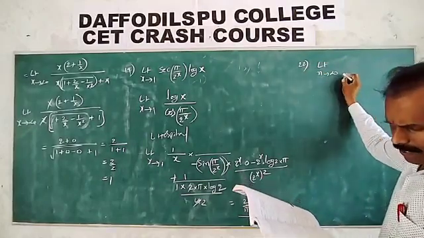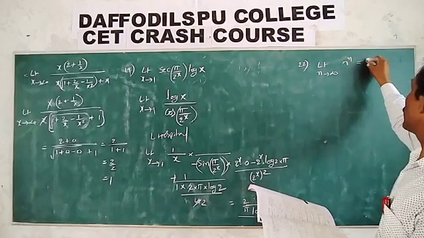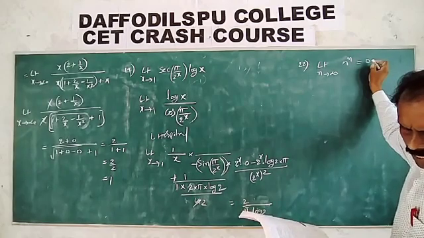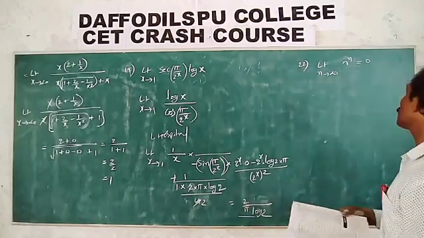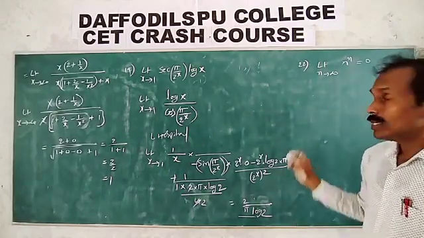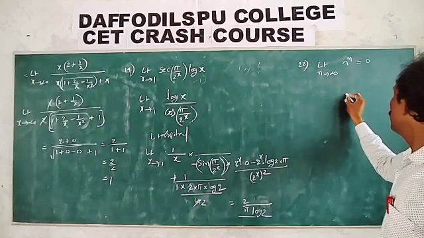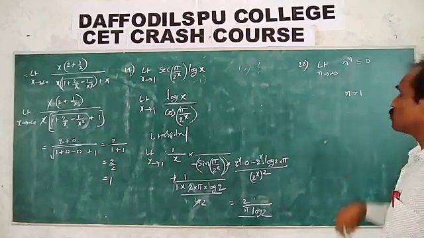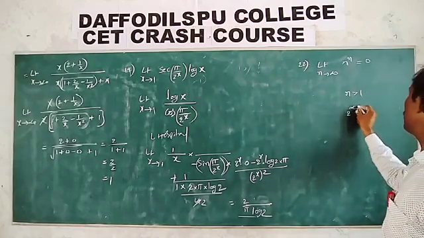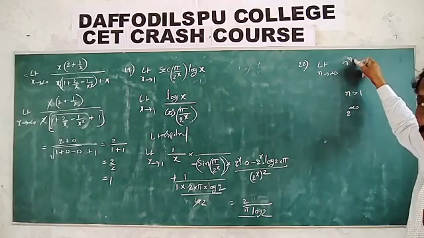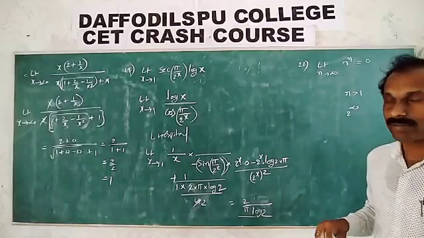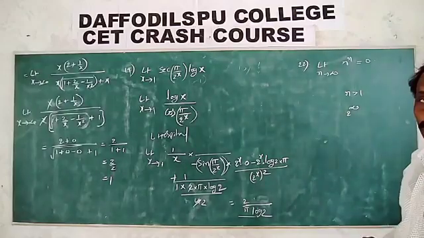Limit n tends to infinity, r power n value is equal to 0. Actually anything power, for example r. So you can say take 2 power infinity, n tends to infinity. So to multiply infinity times, what is the answer? Infinite value. But the given answer is 0 when it is possible.